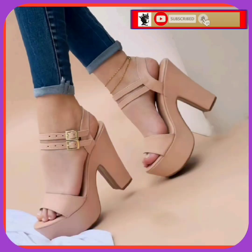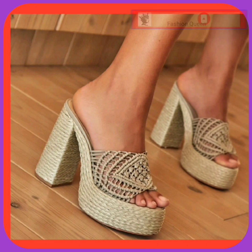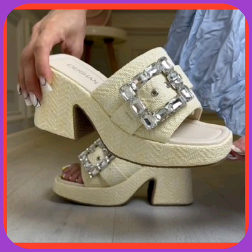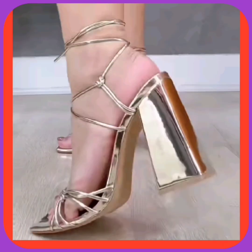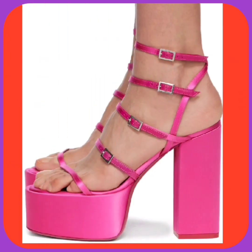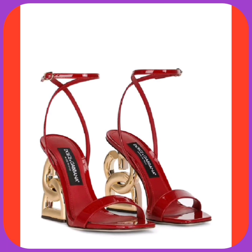And as you see, this one is also a very beautiful beige heel that looks really nice and amazing. And this one has a very beautiful design, a really unique design on the top, and the color also looks really pretty. And this one is also a very beautiful pink, and the shade of pink looks really nice. And this one is a very beautiful combination of golden and